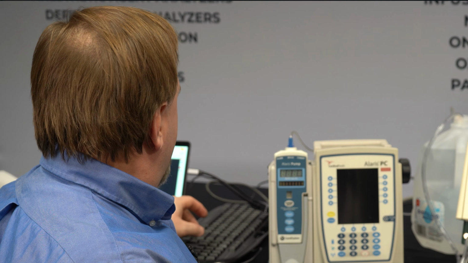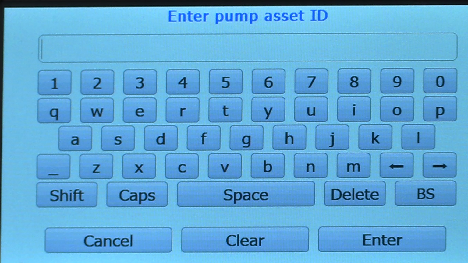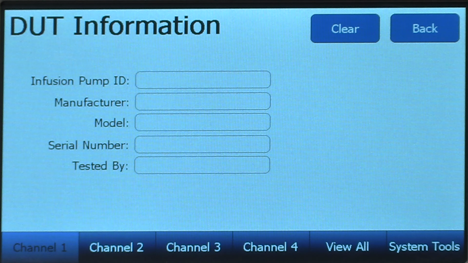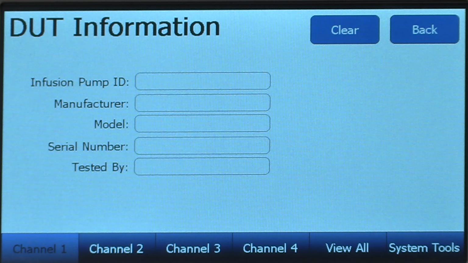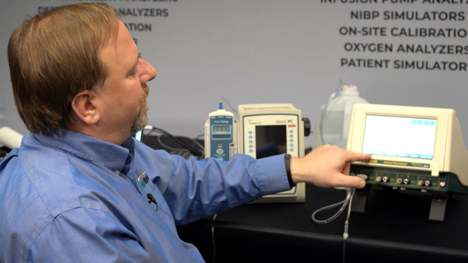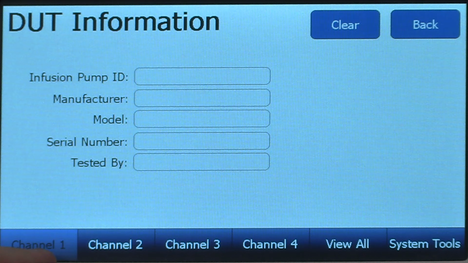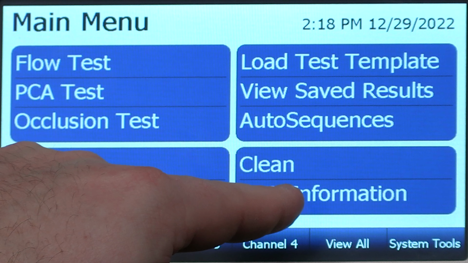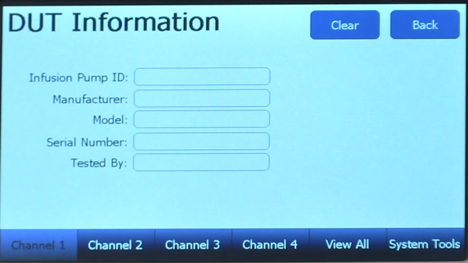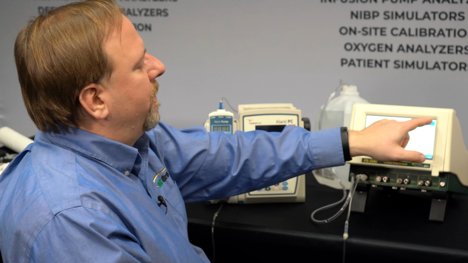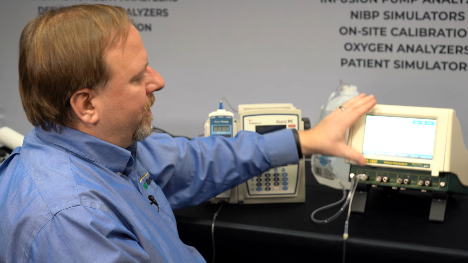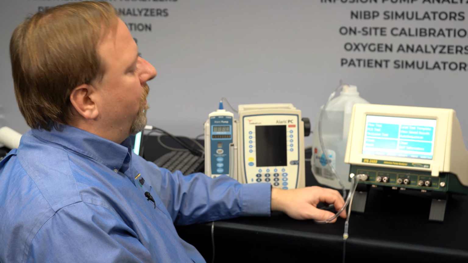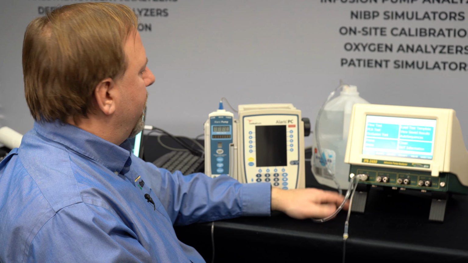We can also use a USB keyboard to type in information if we don't want to use the on-screen keyboard. We can quickly clear all of the information for that channel. Now, it's also good to note that this information is specific to this one channel. If I go to channel 2, that has its own set of DUT information that is not affected. It doesn't affect channel 1. So if we don't put in that information, it'll stay blank,